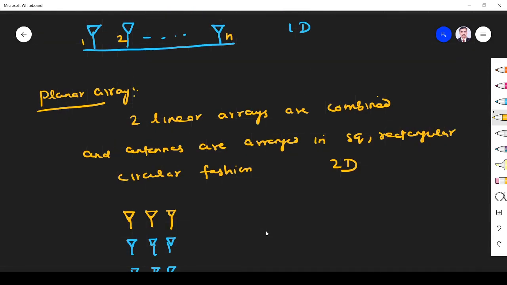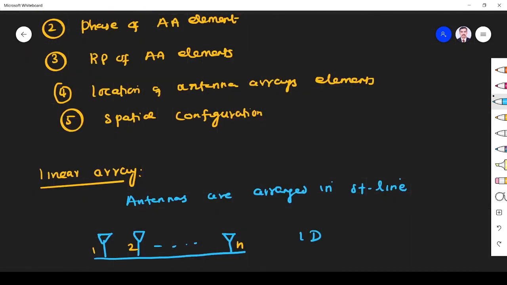Elements of the array is nothing but the antenna only. Please remember, but you have to write exactly. So we write elements of the array are arranged in a straight line. I hope you understand this concept.